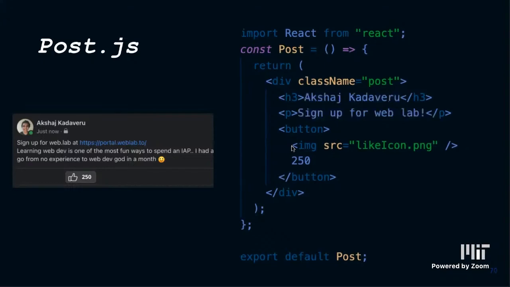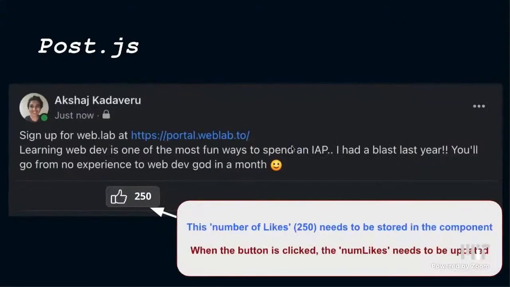So let me go back to those other slides. What we ideally want to do is, it'd be nice if we could have this value 250 as part of the component. And when you click it, ideally, this number would go up by 1. And you can actually do that because